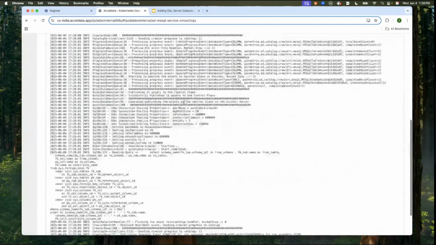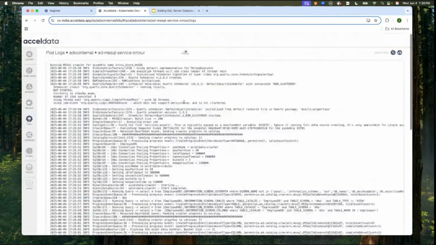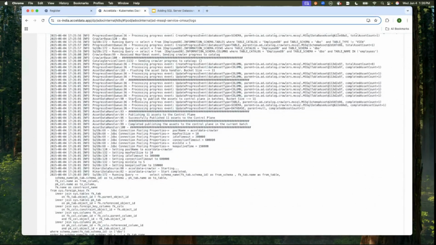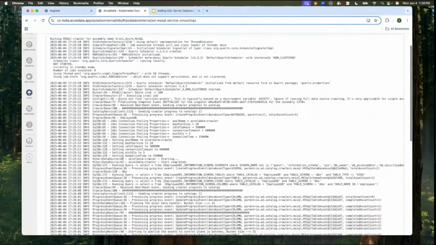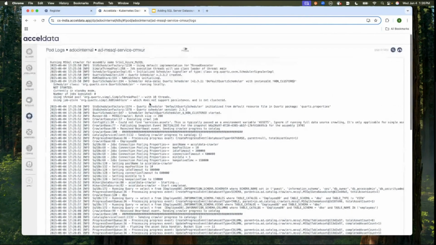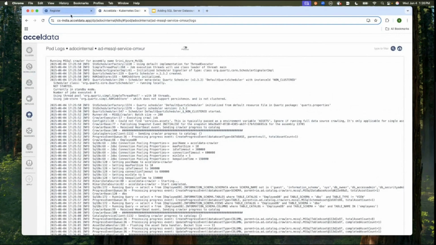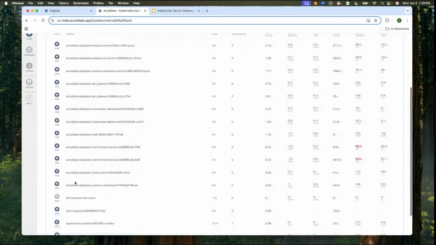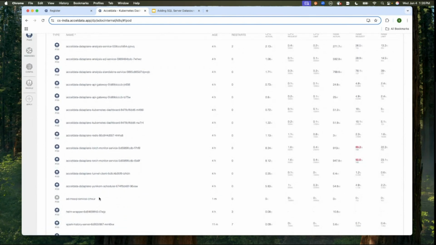From here, we can get the logs for the crawler job runs. Any issues that we see in case of failures could be identified and captured from these logs. Alternatively, we can also log in to the terminal and use the K9S utility to generate the logs and then analyze the same. Please note that the pod that is created for any of these crawler executions is terminated after 15 minutes, because there's a cleanup process which runs every 15 minutes, which would clean up all the completed